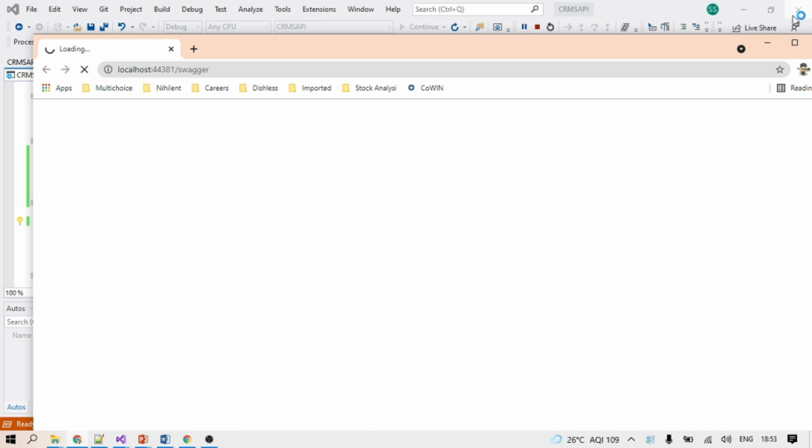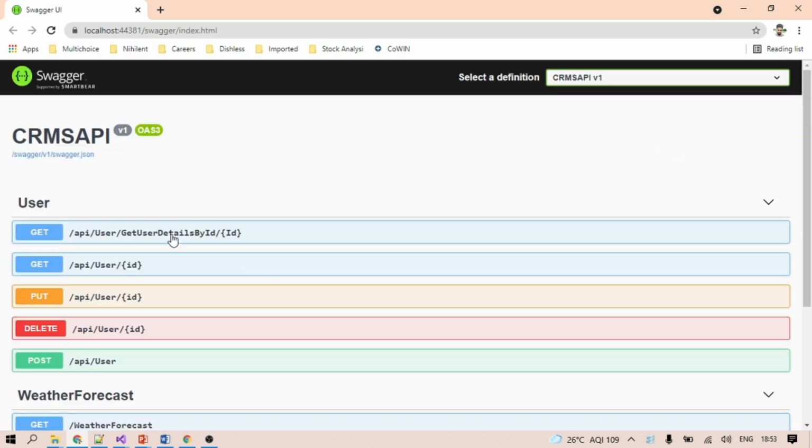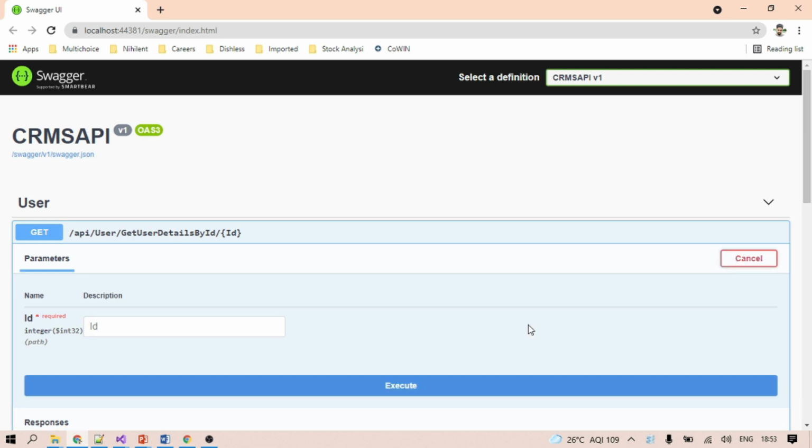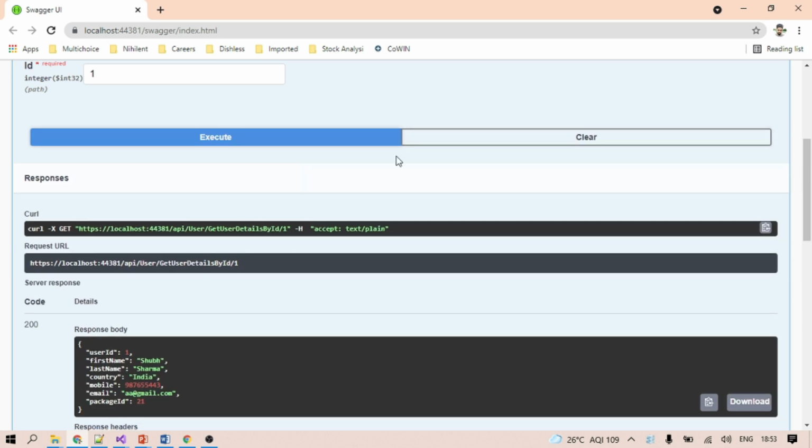We do not need to put extra effort for that. So here is our API. Try it out, put ID one, and see, country I did not hit, so it is blank. Okay, and 200 code means success. Once we execute this API, see, the response is coming: ID, name, and everything.